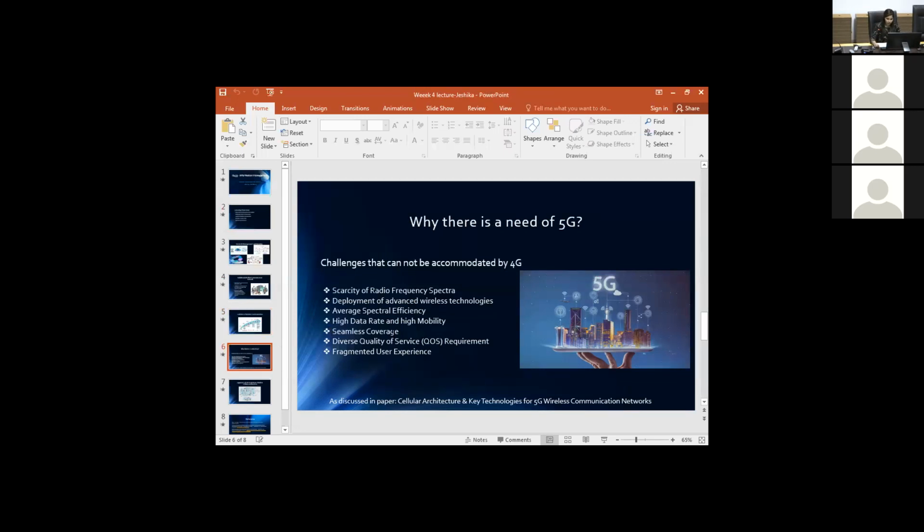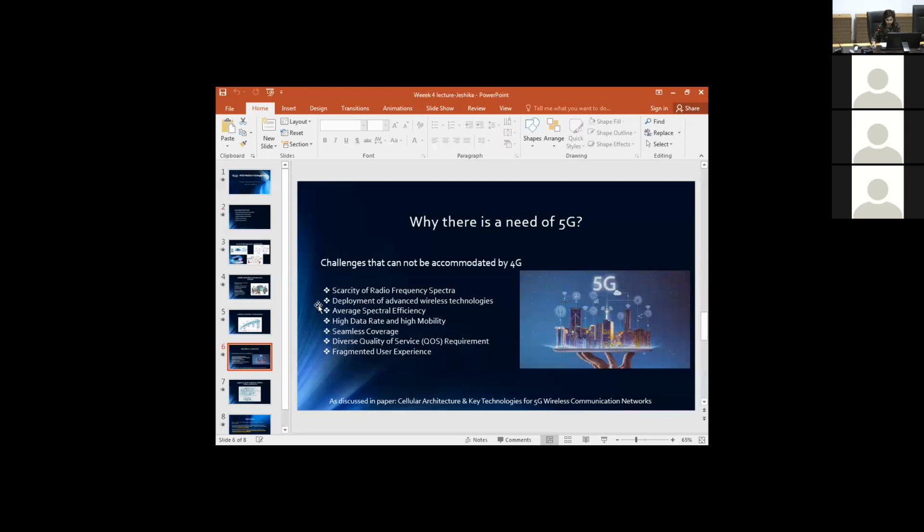So just as my friend mentioned, Vodafone has launched 5G and they practiced it, and they're claiming that it will be out and about in 2020. But let us see, because Fiji is still struggling with 4G up to that par. Okay, so in that paper, they have discussed these challenges that still exist with 4G, and that is the scarcity of radio frequency spectra,